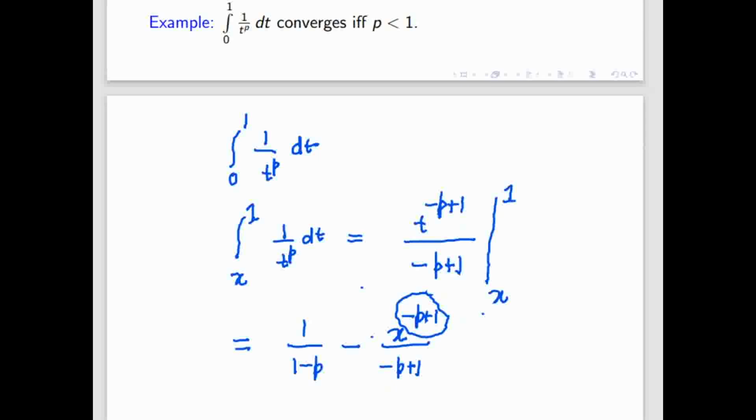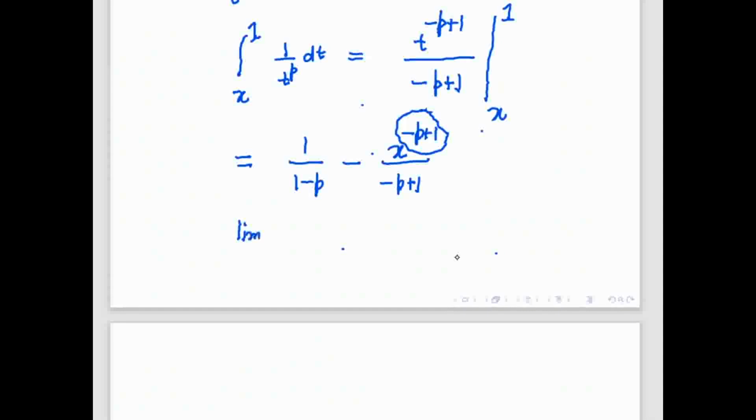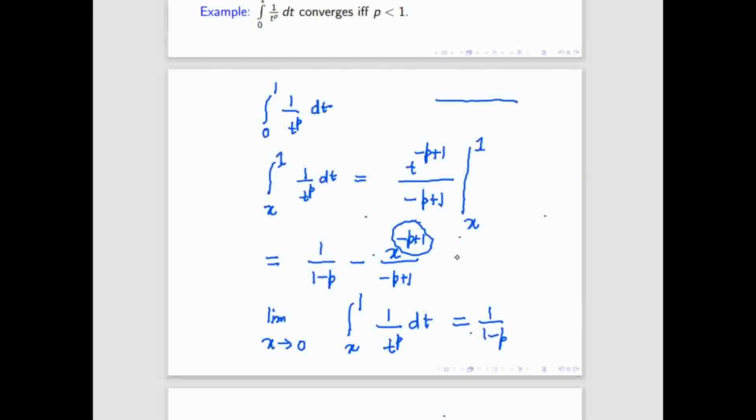Like we did when the integration limit is infinite, here also we are doing the same thing, but the only difference is that once we apply the limit, we cannot write x tending to 0 in the usual way. It will anyway give 1 upon 1 minus p, because integration is from 0 to 1. So this side is 0, this side is 1.